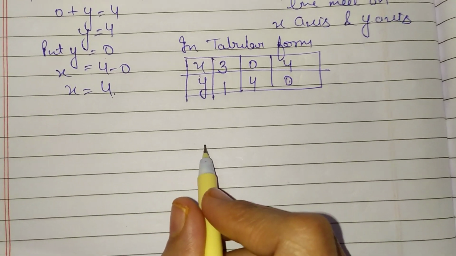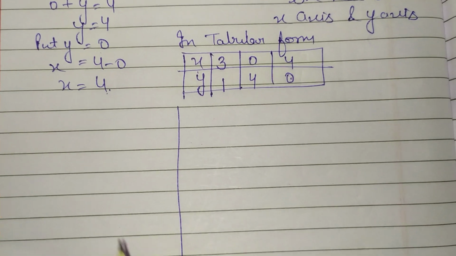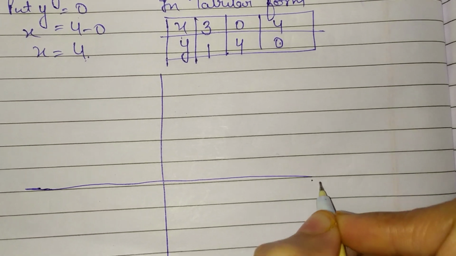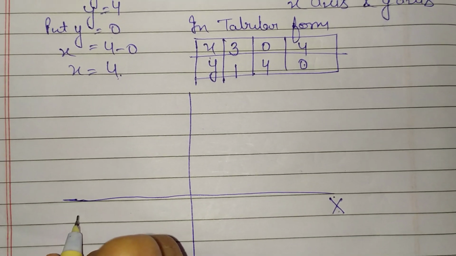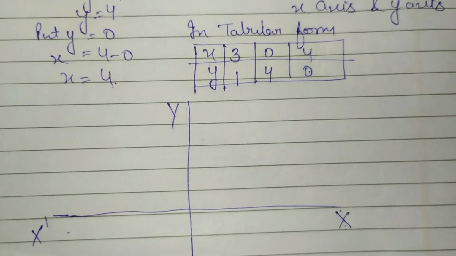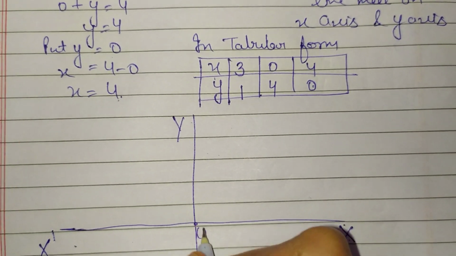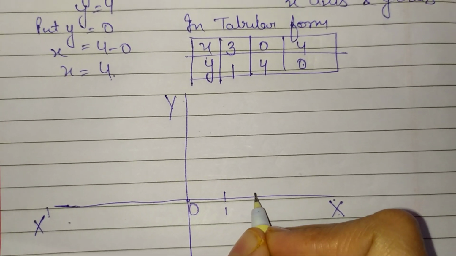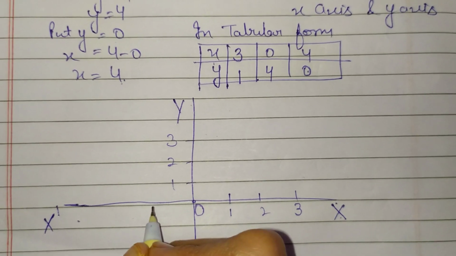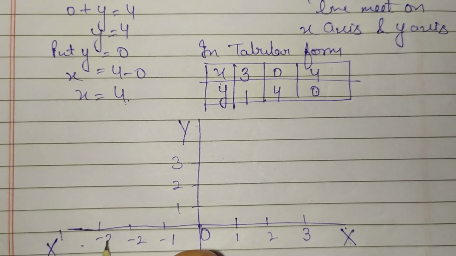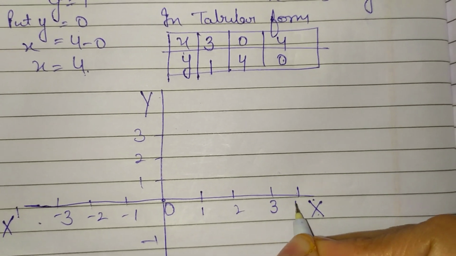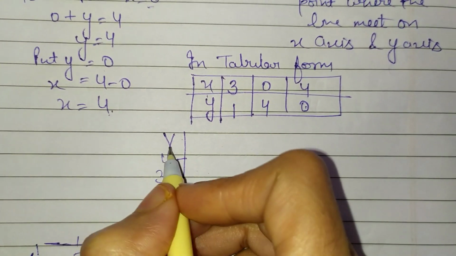Now we have to draw the graph. For this we have firstly to draw the coordinate plane. That is this. Yes, this is positive x-axis, so denoted as capital X. This is negative x-axis, denoted as x dash. This is also y positive and this is y dash negative. And this is origin. So now assign the values 1, 2, 3. Here is minus 1, minus 2, minus 3. Here we have to extend the values because we found this solution.